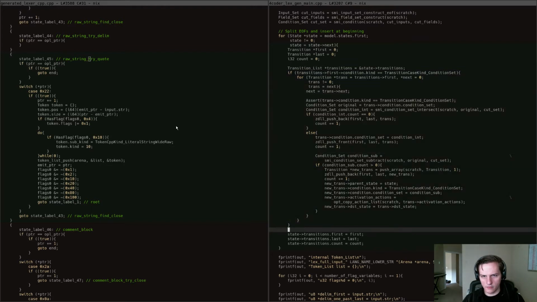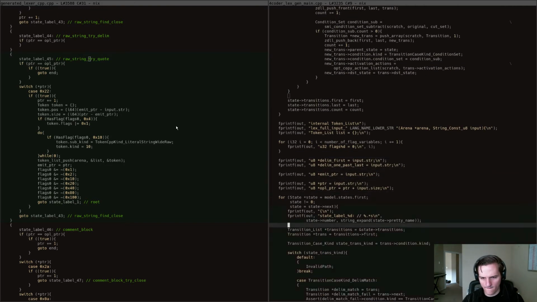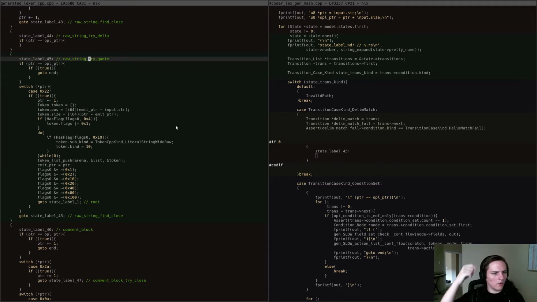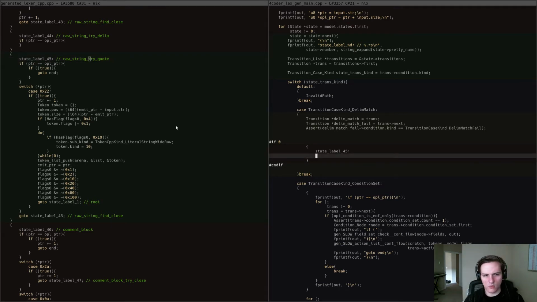Alright, so the next move is we want to sketch out what this code actually should look like. So we have a pointer. We want to see a couple things. For one thing, when we enter into this, we're never supposed to have the responsibility, or to put it another way, whether or not the person who transitioned into us did a peek or a consume is not really our responsibility to think about. The first thing we need to figure out is